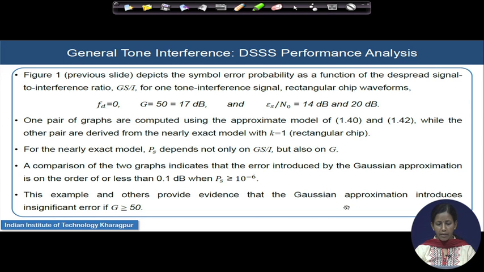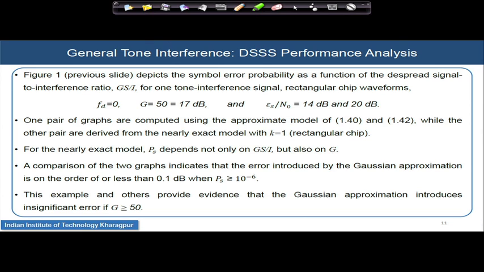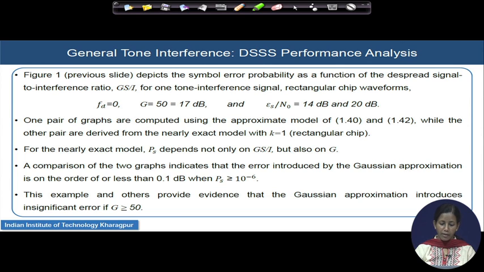So, we can confirm that the model that we have developed here matches nicely with the close to the exact solution, and this example provides the evidence that the Gaussian approximation will introduce